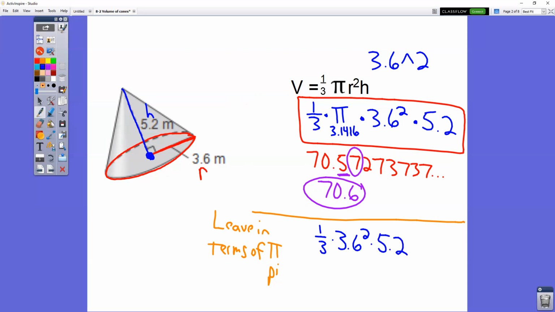You're not going to type in that pi symbol. We're just going to take that pi symbol and put it at the end of our answer. So what you're going to type into the calculator is 1/3 times 3.6 squared times 5.2. When you do that, you get